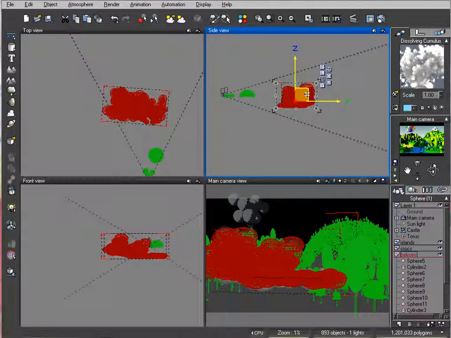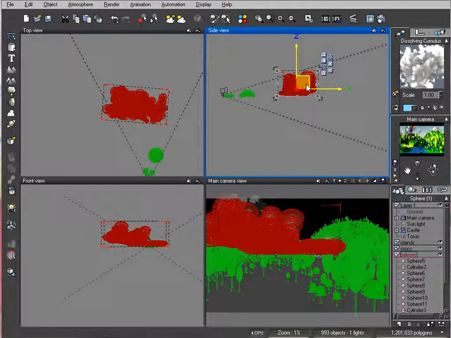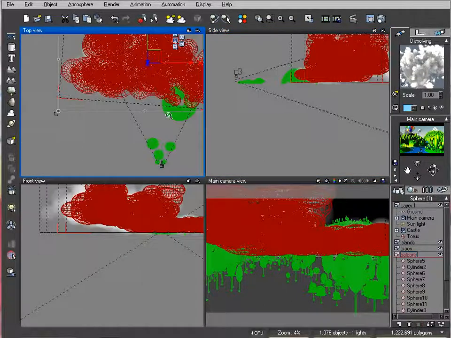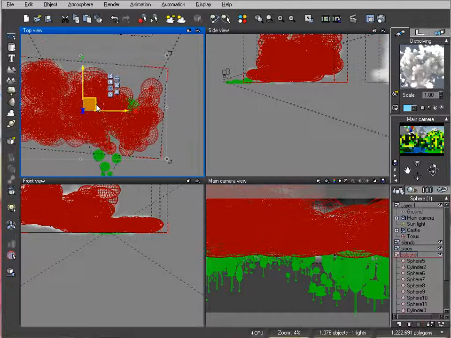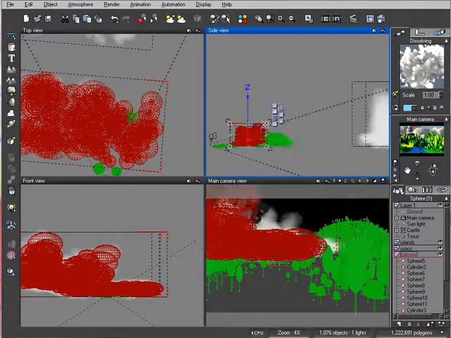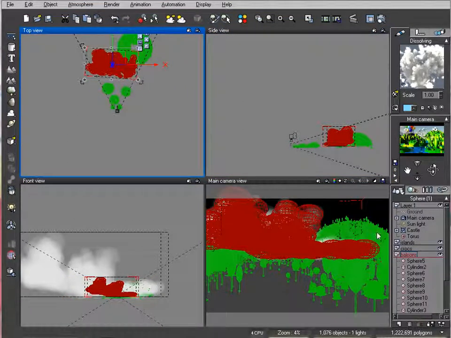Again, we'll just position them right around here. We'll copy those clouds, and one trick I'm going to do is place some of those clouds close, up front of